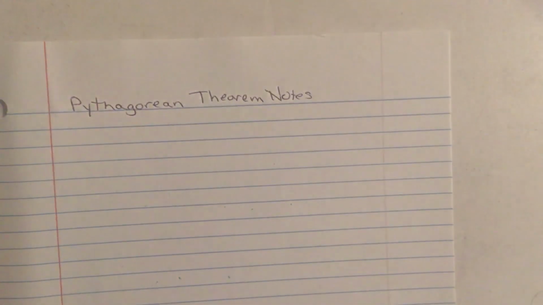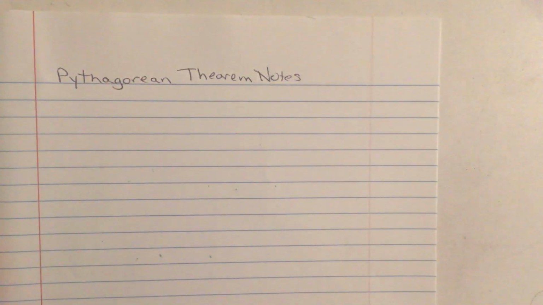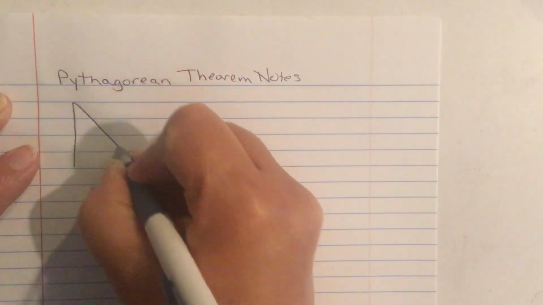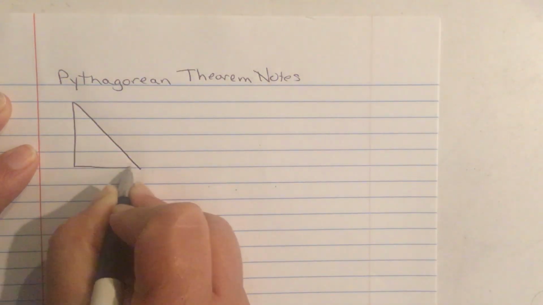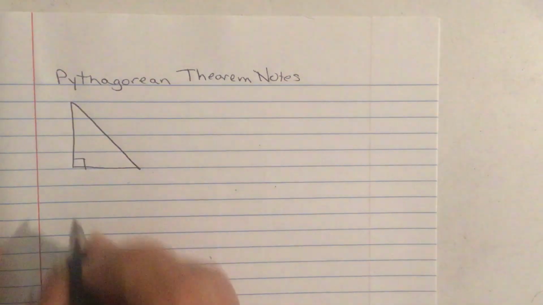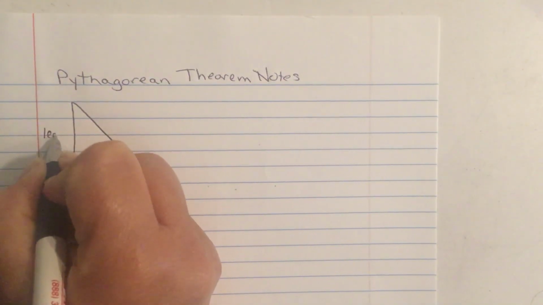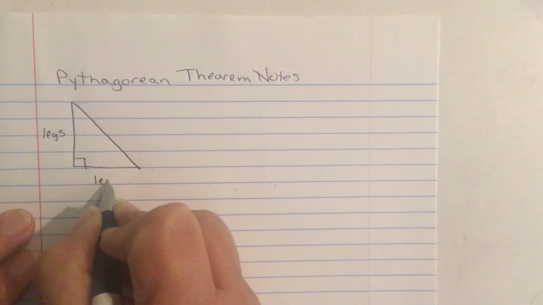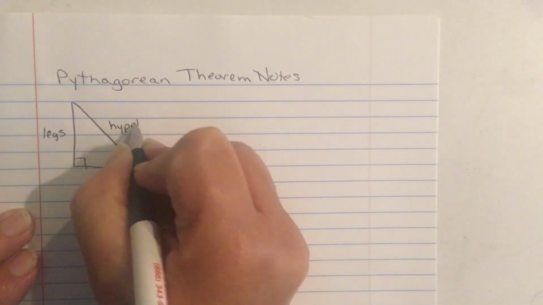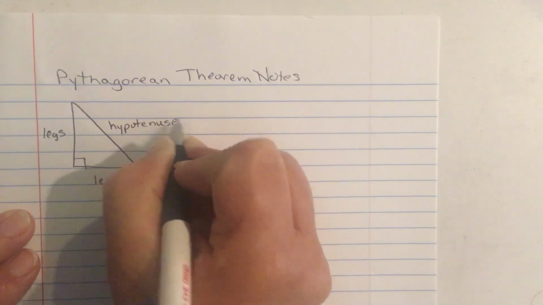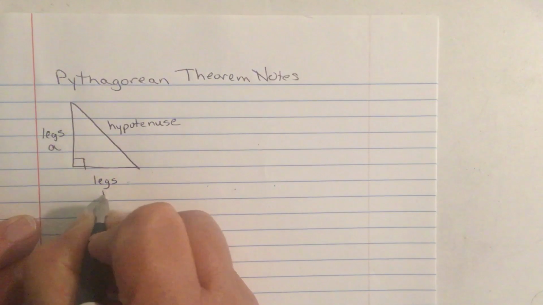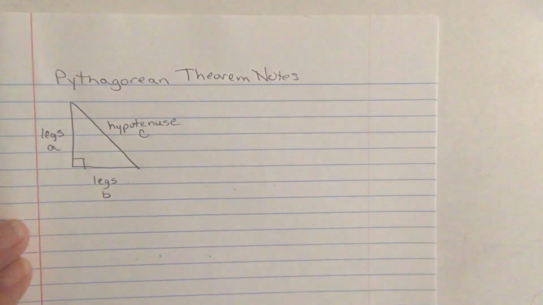Okay, these are Pythagorean Theorem notes. Pythagorean Theorem starts with a right triangle. The mathematician Pythagoras found out that if you take the legs, square them, and add them up, you would always get the hypotenuse squared. The legs are your A and your B in the theorem, and your hypotenuse is the